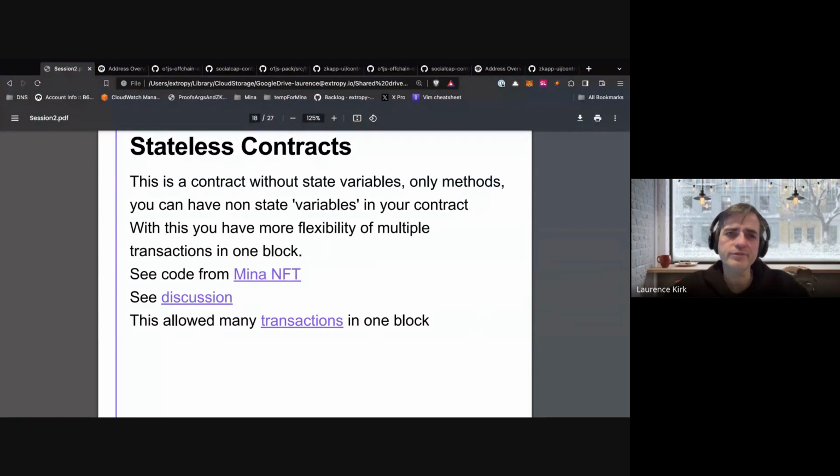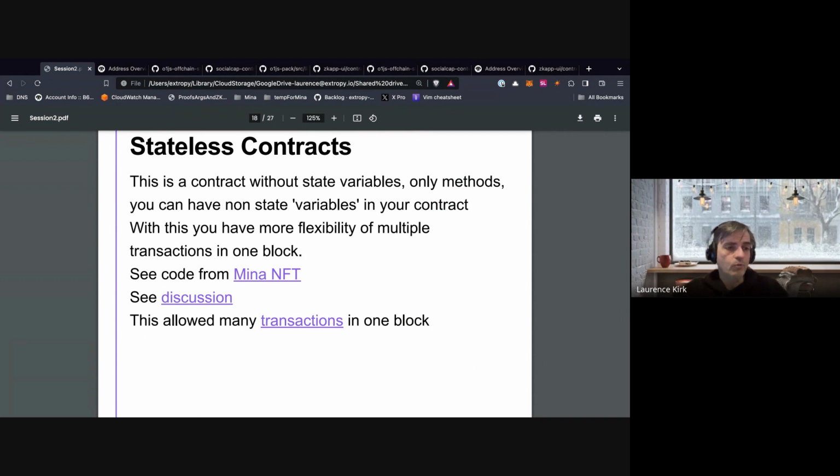It's the idea of stateless contracts, which you might think is an unusual idea, because typically we want to change the state of our contract. But if you follow this through, and you can look at the discussion and the problem that it solved, the idea is that when you're writing a contract,